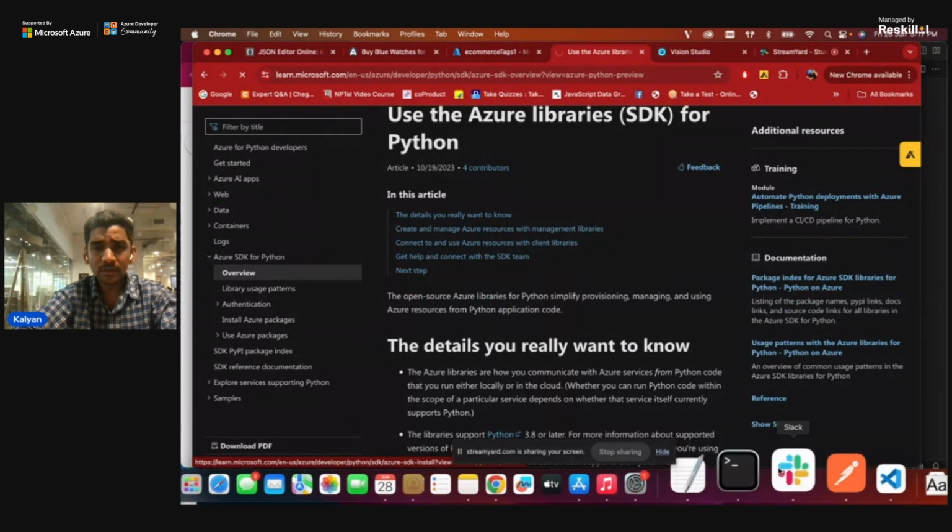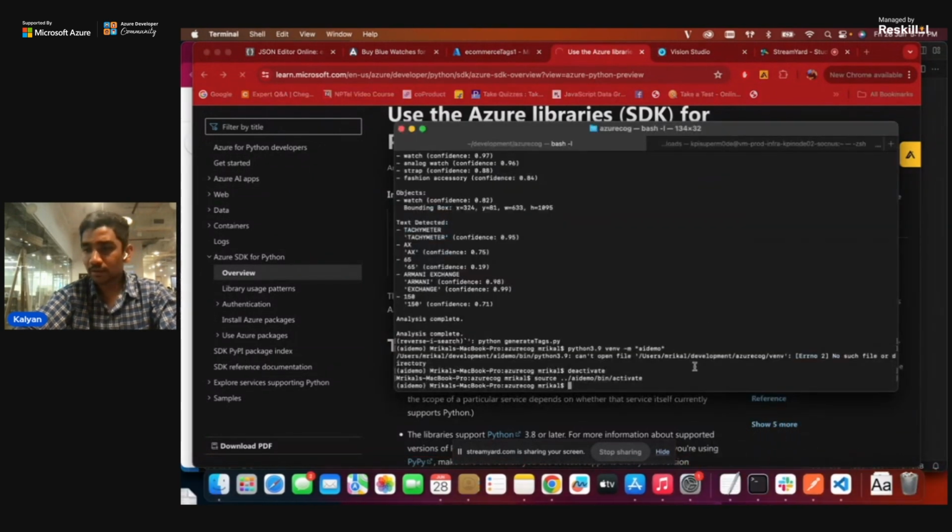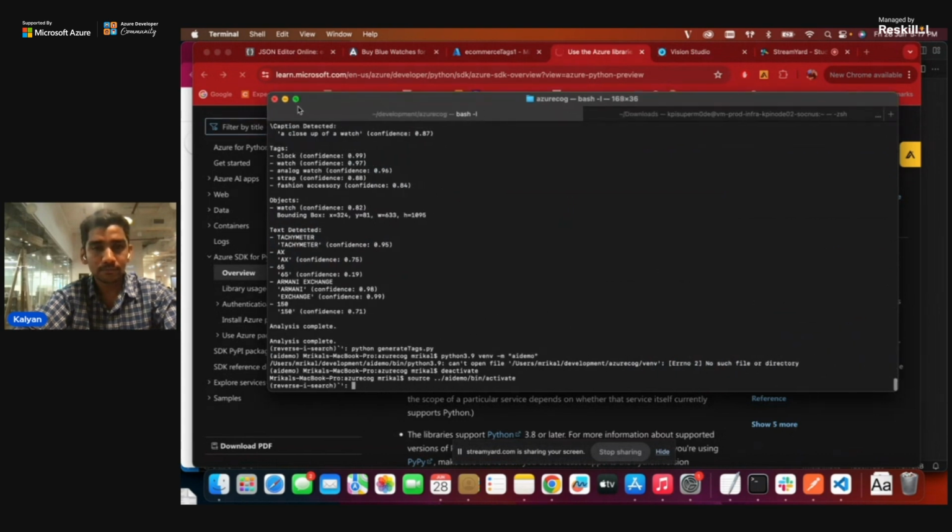So I'll just pull that command from my history. If you have Control R, yeah. So the library is called Azure AI Vision Image Analysis. For the sake of this demo, we're going to use this model. Once the Azure AI Vision Image Analysis is integrated,